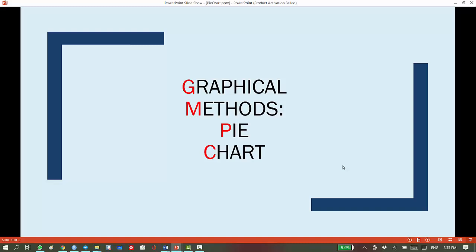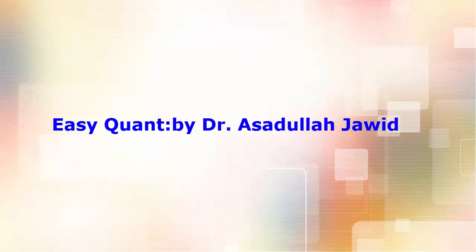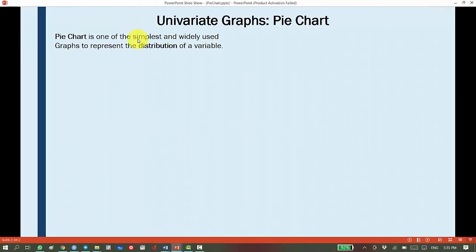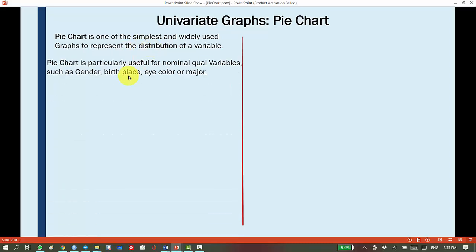Hi, in this video we will see how we can sketch a pie chart. Pie chart is one of the simplest and widely used graphical techniques to represent the distribution of a variable. Pie chart is particularly useful to display the distribution of a nominal qualitative variable such as gender, birthplace, eye color,